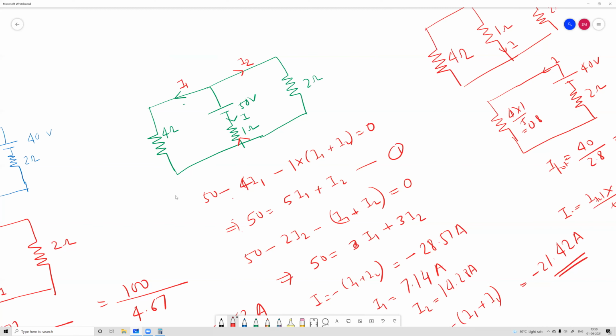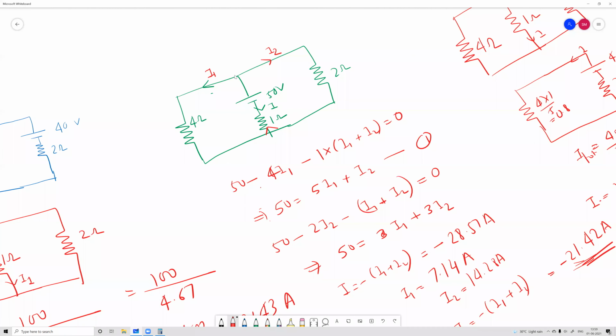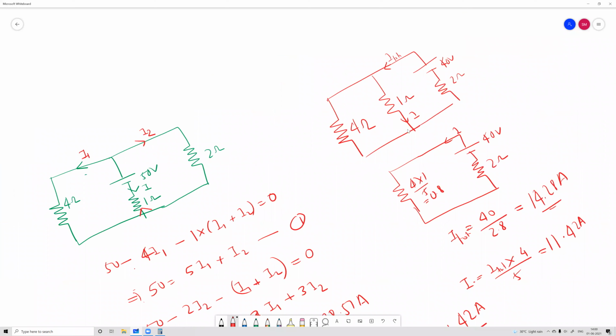This is the reason why this is negative. सर, I टोटल और जिस करंट को निकालना है उसका डायरेक्शन सेम हुआ तो पॉजिटिव लेंगे ना, और अपोजिट हुआ तो नेगेटिव। यहाँ पर देखो वो उल्टा है। क्वेश्चन में I ऊपर से नीचे जा रहा है, लेकिन जो I हम स्टेप 2 में निकाल रहे हैं ये नीचे से ऊपर जा रहा है, तो ये नेगेटिव होगा। इसीलिए यहाँ पे एक नेगेटिव आया है। ओके, फिर यहाँ पर I3 भी ऊपर से नीचे ही जा रहा है तो इसको पॉजिटिव होगा।